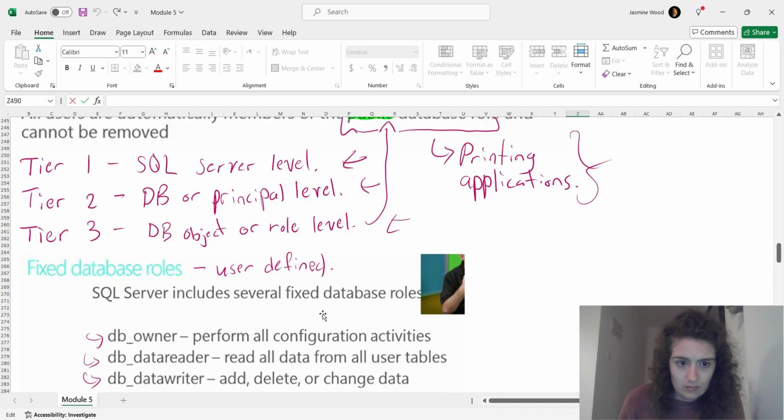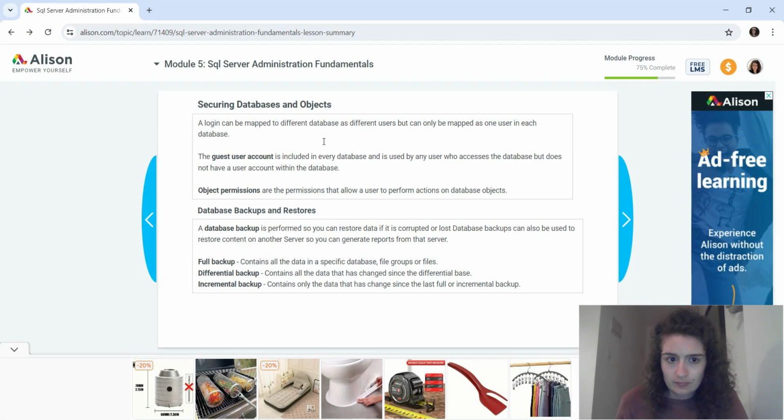And finally, in this module, we have guest user accounts that are included in every database that cannot be removed, but they may be disabled, or by default enabled. And finally, the different types of database backups that may be performed in SQL Server, namely the full,